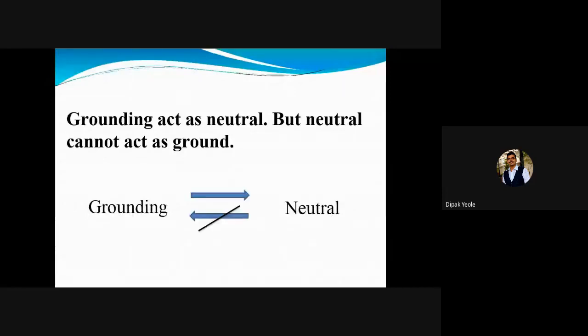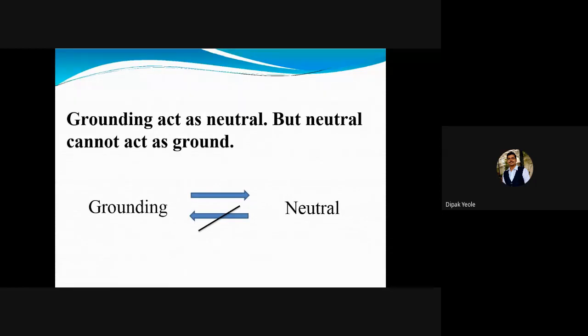In the same way, we have identified one common conclusion from material science. What is the conclusion? You have to keep in mind, insulator is a big subset and dielectric is available within the insulator. So all the dielectrics are insulators, but all the insulators are not dielectrics. So that's along the same line. So this difference or this conclusion you have to keep in mind. The conclusion is very simple. We have to use the grounding as a neutral, but we cannot use the neutral as a grounding. Yes, because there are a number of questions which can be asked based on this difference.